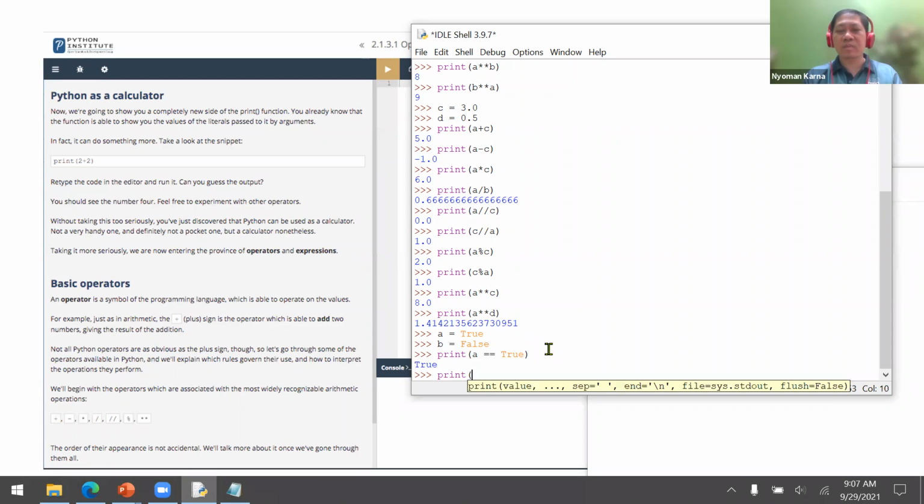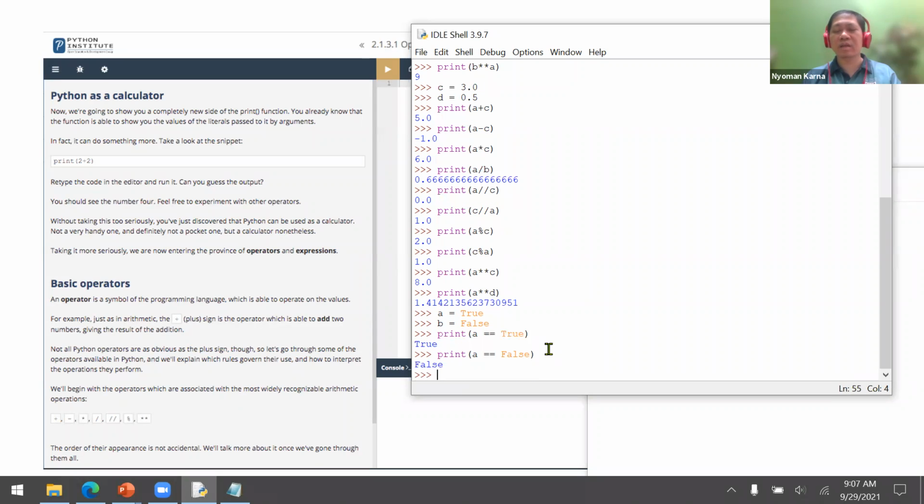Now, if I use something like this, is A false? No, then it will print out false, because A, which is true, is not equal to false. Now, how about if I print A equal to 10, for example.